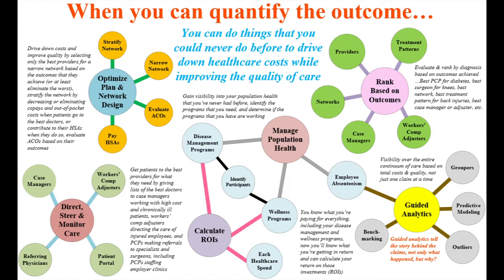In health plans, however, there's still a lot you can do to get folks to the best doctors. You can give a list of the best doctors to the case managers working with your chronically ill and high-cost claimants. And that's where most of your dollars are going to be. These folks will be looking to the case managers for guidance on which doctors are the best ones for them